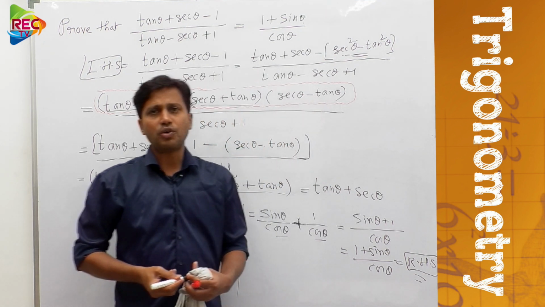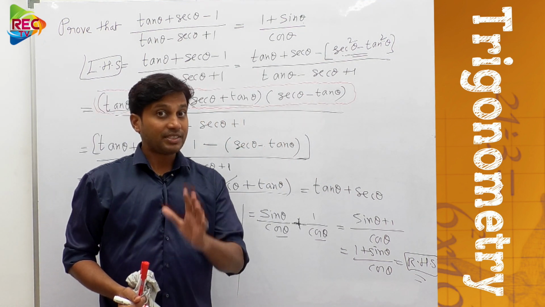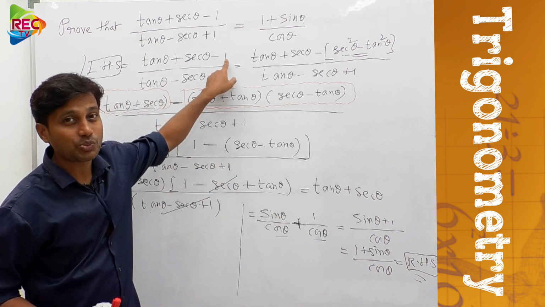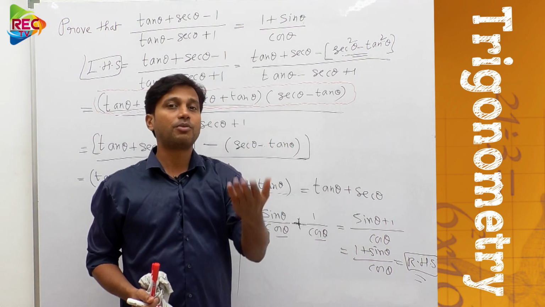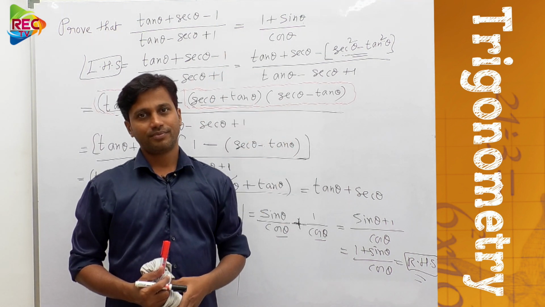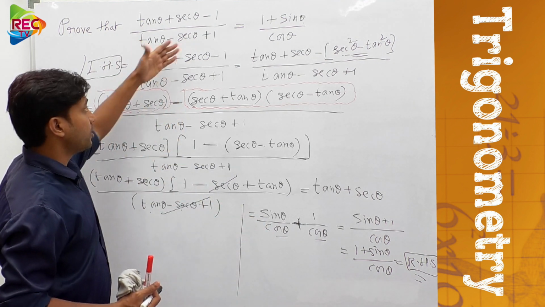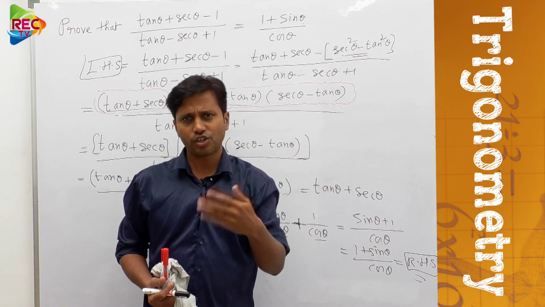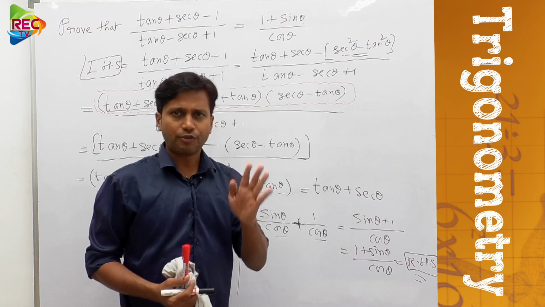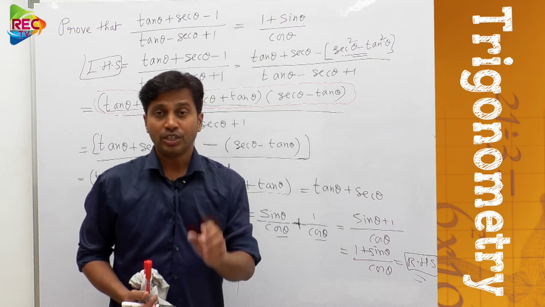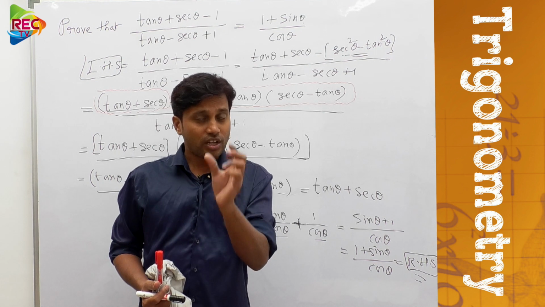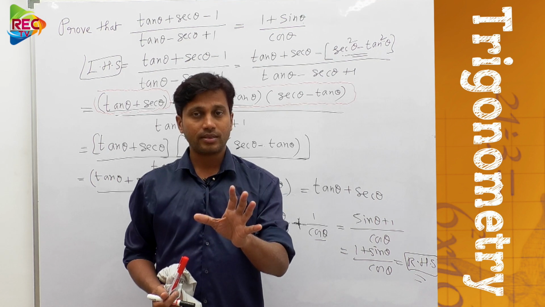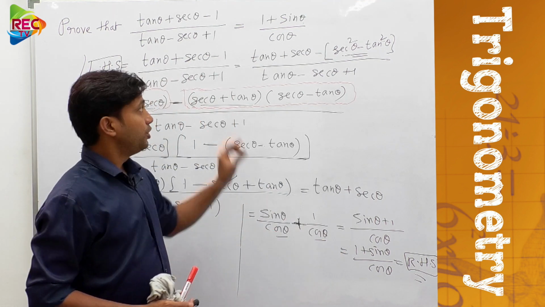So here I just want to remind you of one thing. I want to notice you that if you don't consider this one as secant square theta minus tan square theta, it might be somehow difficult to solve the problem. Or else if you convert this into sin and cos also, you can do it in terms of that, then you have to take it as sin square theta plus cos square theta. That is also another method, but the best method is to solve it as given. I am telling you, try to solve it in the easiest way. Understood? Don't make everything complex. It can be simplified only when you think smart.